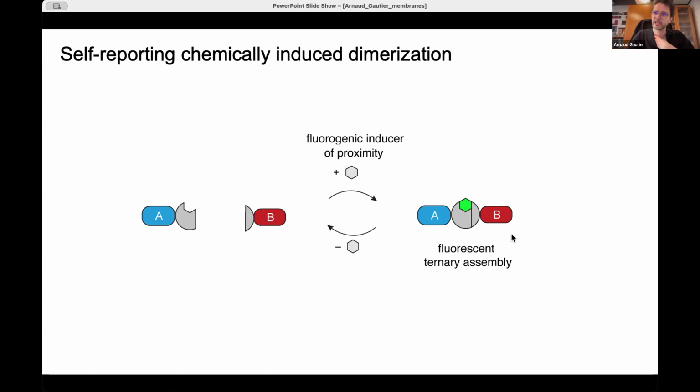So this was really the starting idea to develop a chemically induced dimerization tool with self-reporting capabilities, or with a fluorescent readout. And so to design such a system, we wanted to apply the strategy I described: to take a protein ligand complex and to split the protein in two parts. And to do this, we started from